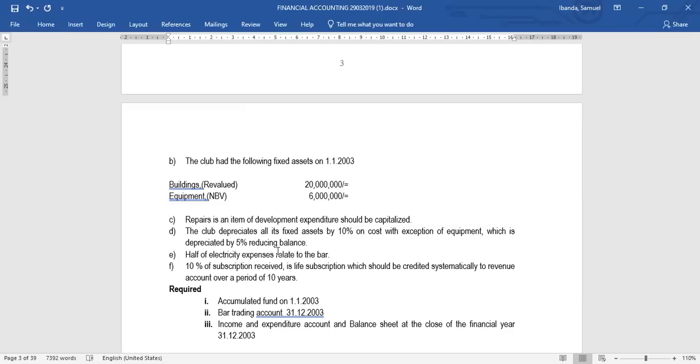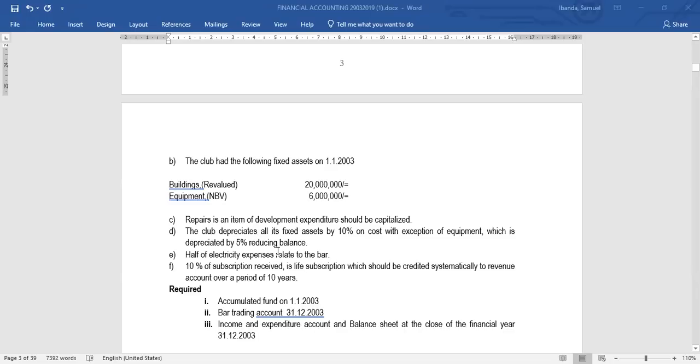And then when we come to the income and expenditure, we go ahead to record only what relates to the general not-for-profit. Okay, so that is why even when it comes to such expenses, they have gone ahead to break this down one by one. They are also telling us that 10% of the subscriptions received is life subscription,